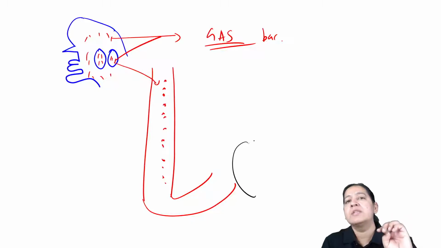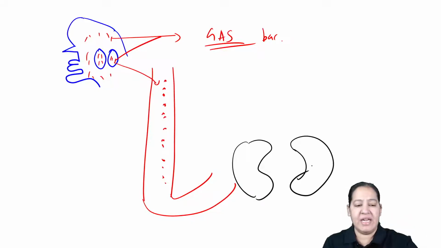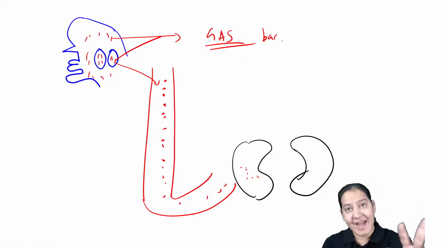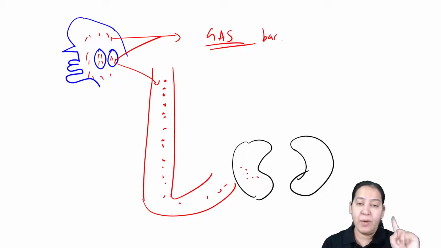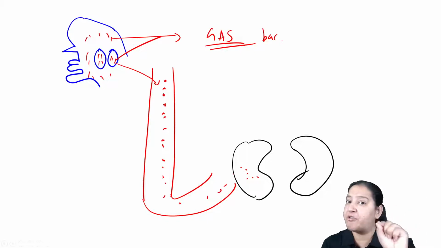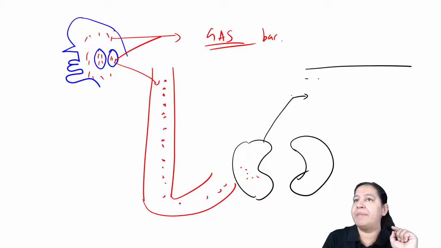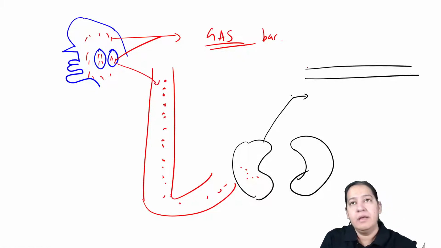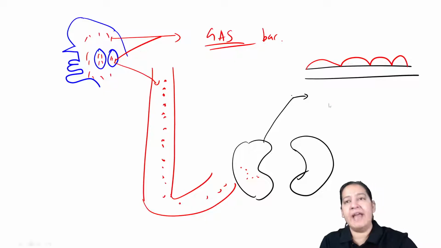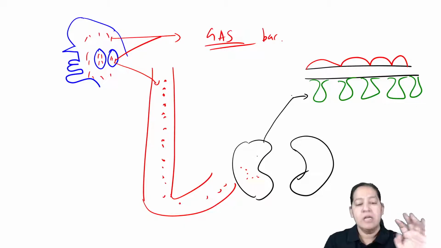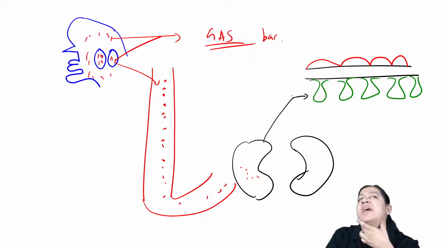So let me draw a kidney. So these are the kidneys. Bacteria is moving to the kidney. So bacteria entered kidney from blood. Now inside the kidney, we have nephron. In each kidney, there are 1 million nephrons. Inside the nephron, we have the filtration barrier. So let me draw a filtration barrier. Inside the filtration barrier, at the center, we have the basement membrane. On one side, there is endothelium, and on the other side there are visceral podocytes, that is epithelium, right? So this is the filtration barrier. So this bacteria, after causing pharyngitis, tonsillitis or skin infection, is coming in the blood.